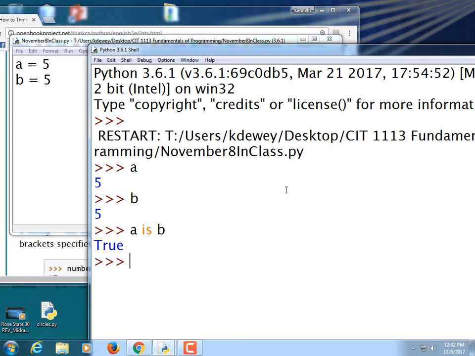Because they're both 5. So what happens is, Python's smart enough to say, okay, you're creating a variable A, which really holds 5 in it. Now you need another variable B, which has the same value. Why create another 5? Why not just have A and B point to the same location? Make sense? You can actually type print